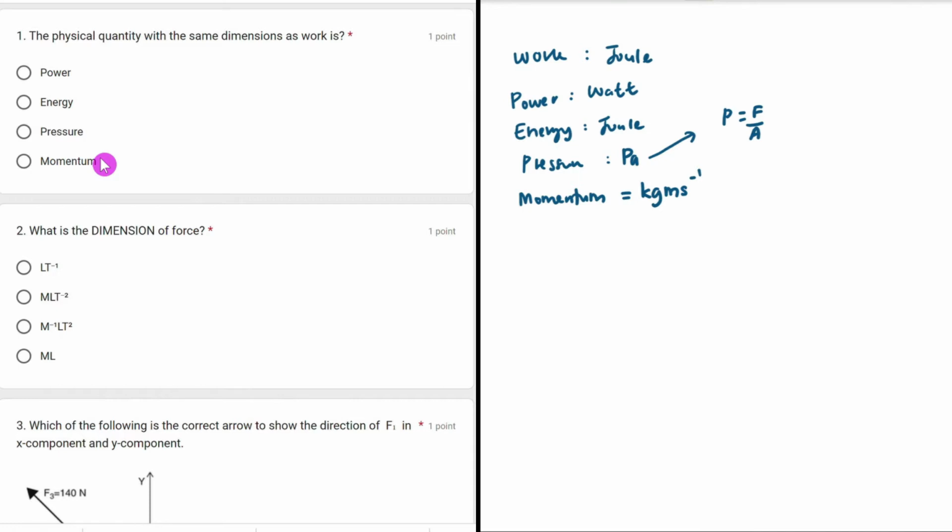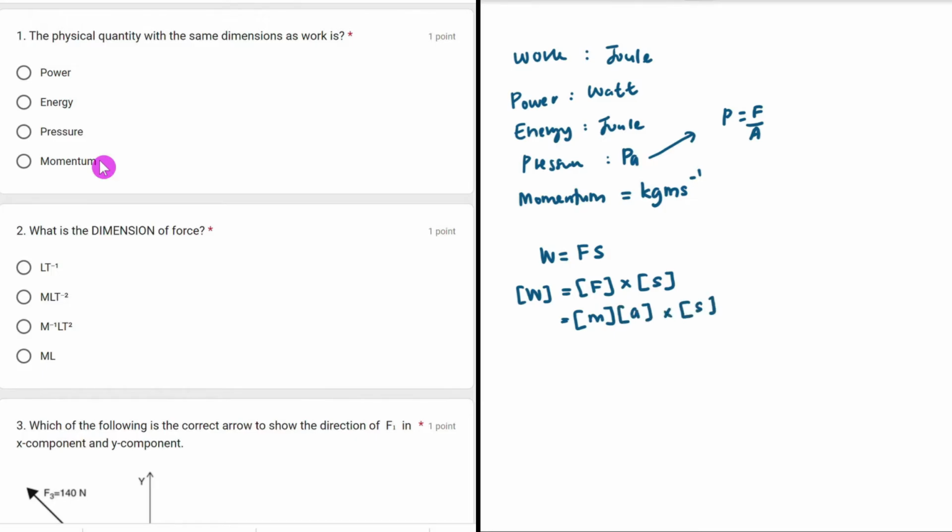Jadi untuk soalan ni, untuk menjimatkan masa, kita tengok sahaja apa physical quantity di bawah ini yang ada sama unit dengan work. So kalau kita nak buat juga apa itu dimension untuk work, kan? So kita nak tahu work is equal to, formula dia apa? F S, okay? And F is a force, so dimension of work is equal to dimension of F, okay, times dimension of S, displacement. Alright, and force, okay, kita tahu force, it is MA, so dimension M times dimension A